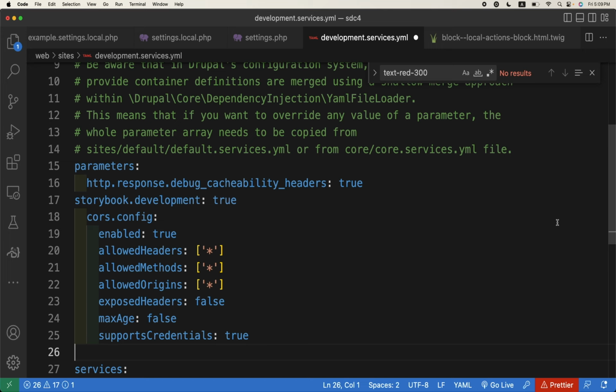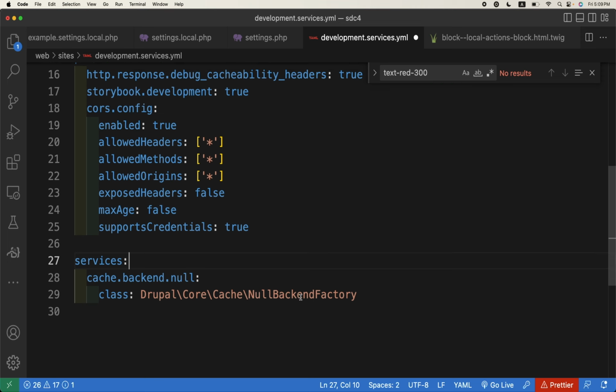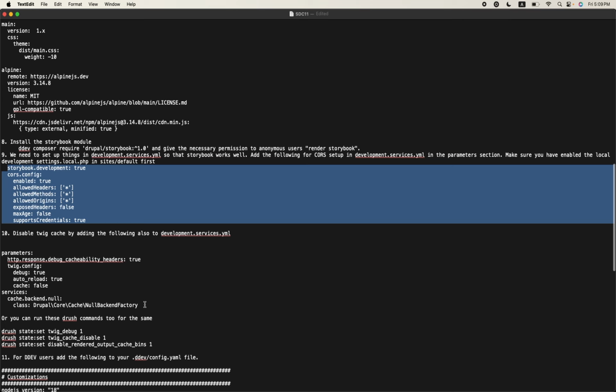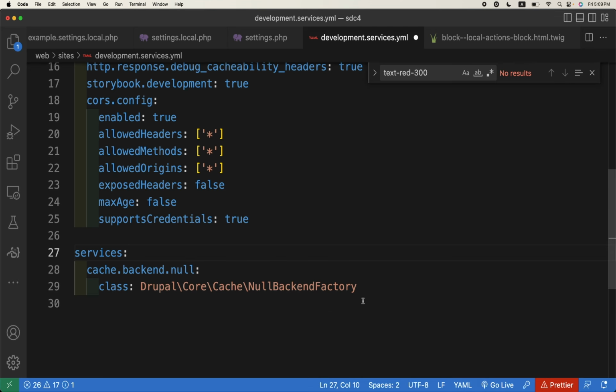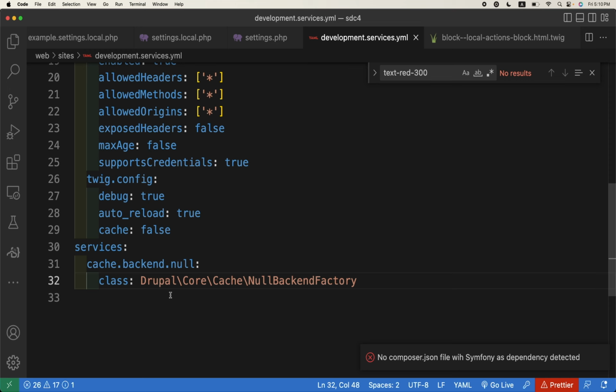By the way, these are the Storybook development true and the cost setting, and also we need to disable the twig cache and rendering and all that. So we will copy these lines as well. It should be in this line, right? twig.config debug true, auto reload true, and cache false, right? This is normal stuff for any